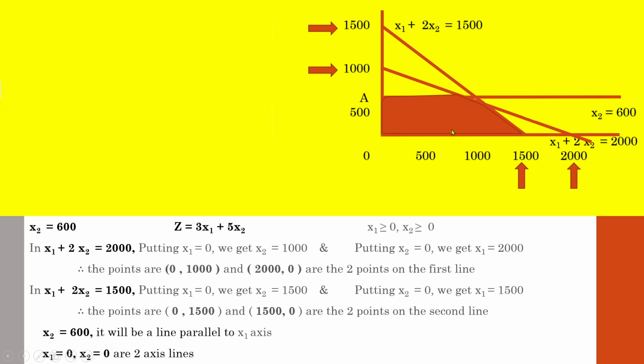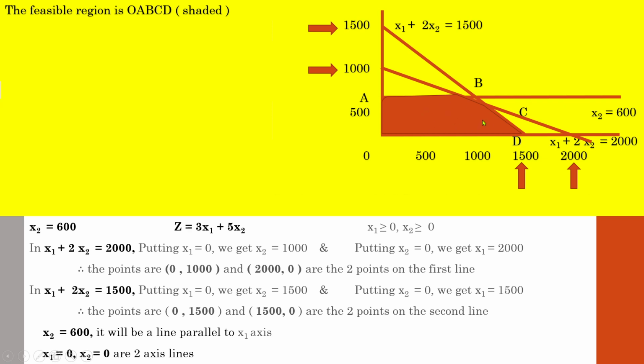Once you prepare the feasible region, identify the points. One is O, another is A, another is B, another is C, another is D. So O, A, B, C and D. Here B is this point, and C is this point. See, there are 2 points in this particular corner. This one is B and this one is C, and finally D. In the previous question there was only 1 point here. Because of the peculiarity of the lines which we have drawn here, we have got 2 points. That is the concept.